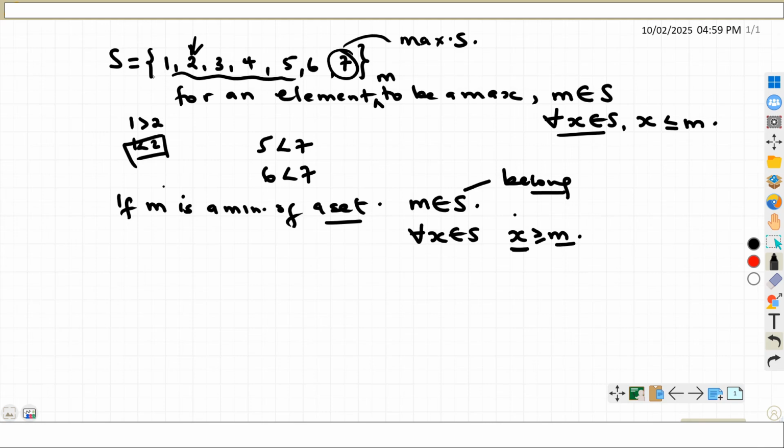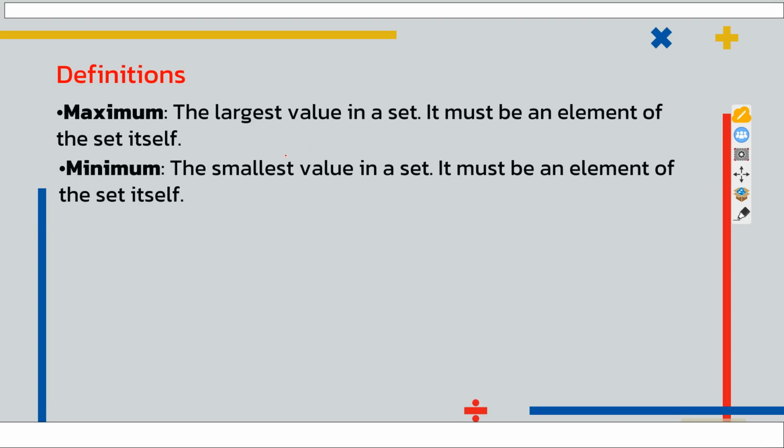So for our case, if you are considering such a set, then the minimum of the set S will actually be a1. So that is how we define a minimum of a set. We are saying it should be the smallest value in a set, for which it must be an element of the set itself. Otherwise, it cannot qualify. Then next we shall talk about